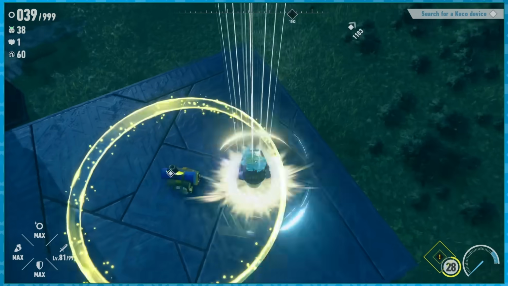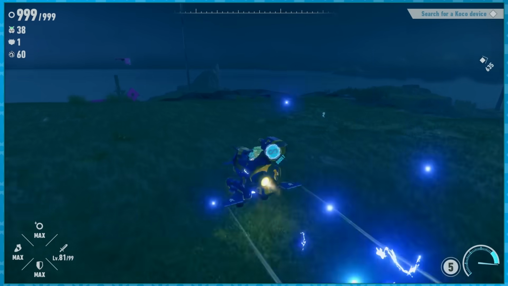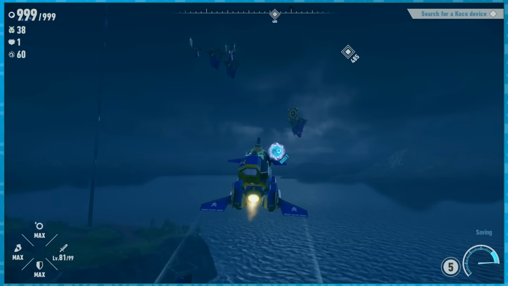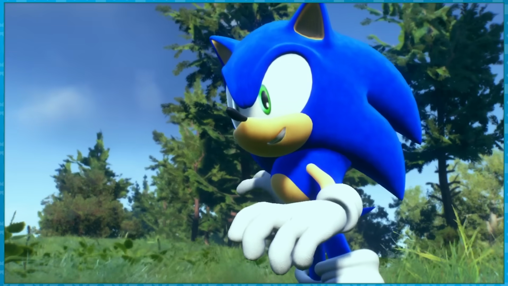to get the skill points necessary to unlock the Cyclone Boost, where whenever you boost with max rings, Tails will magically get into his flying mech, and then you can just fly wherever. It's amazing, it also invalidates any remaining platform challenges. What fun. Now, we return to the Blue Hedgehog because it's time to climb the final tower, which is thankfully